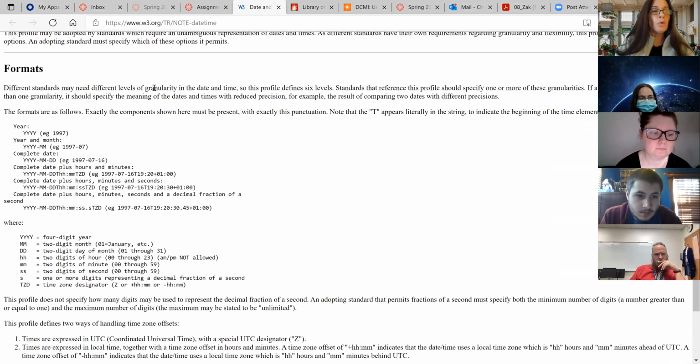Formats. So if you only have a year, this is the year. If you have the year and the month, you're going to put in 1997-07. If you have a complete date, it's going to be a 4-digit year, 2-digit month, 2-digit date, formatted just like this, okay? For LAS 203, by default, the Hidden Heritage Collection blog